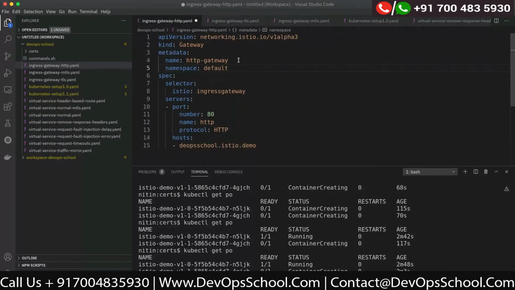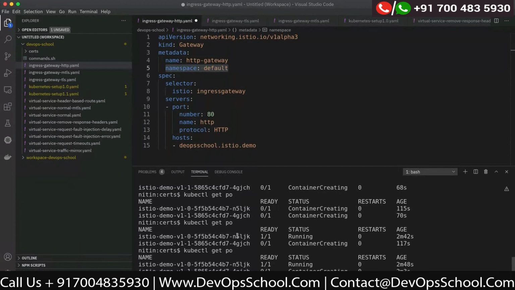Yes. But the thing is that no matter in which namespace you're creating it, ultimately this is going to be executed by the ingress gateway pod, which is running in the Istio system namespace. Yeah, that is the master one.